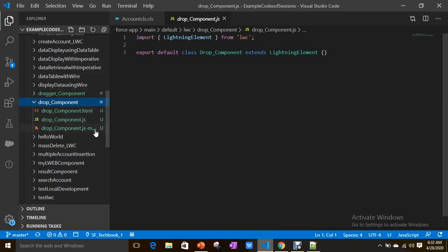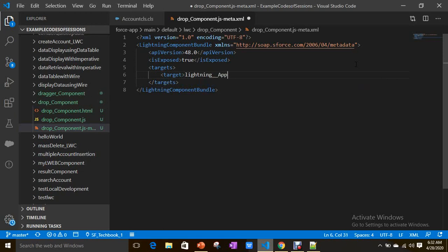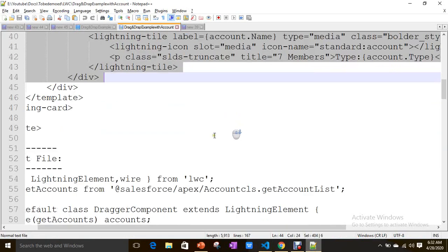Now we have one HTML, JS and meta file. Let's prepare the meta first. isExposed equals true, and let's fix the targets. The target is our app page, right? lightning underscore underscore AppPage. Save. Now let's go to the drop file.